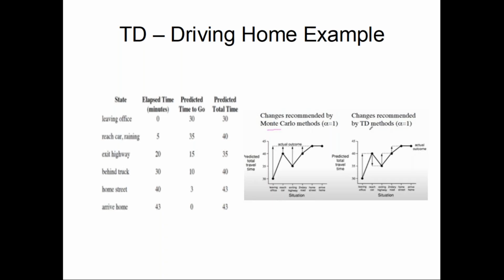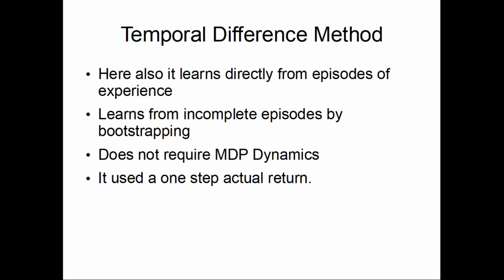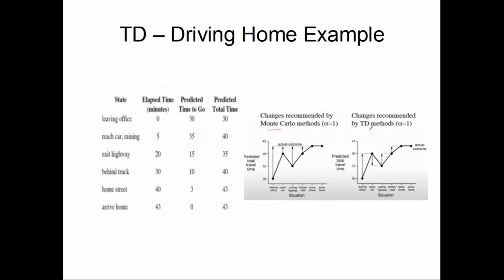Now the metro is moving between the two stations. I'm not able to guess how far my destination is. So I'll say, let the next station come. Once I know that, then I'll be able to predict. So that is what you can simply take it as: it's a one step actual return. The next step, once I am able to reach it, then I'll be able to rightly guess. So let us look at this quick example.